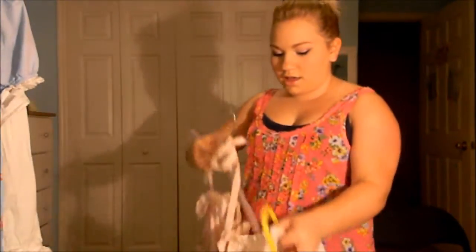Next thing up is a blouse. For plus size Lolitas, it's necessary that every piece of clothing that you have is shirred or custom made. You want to have at least a little bit of shirring so that it's a nice fit and it's not too tight. Okay, so for blouses, you could either go for a form-fitting blouse like this one